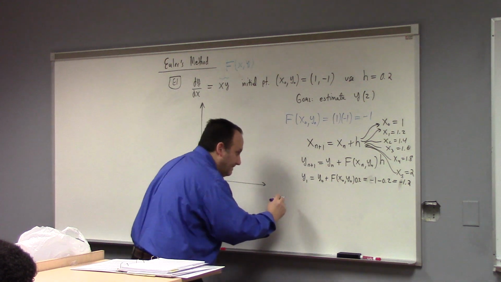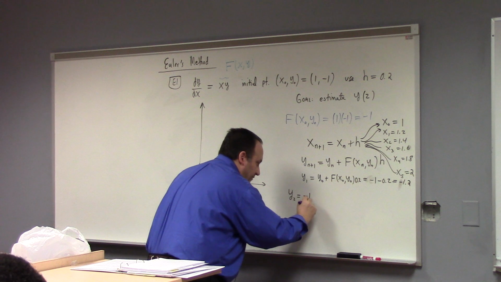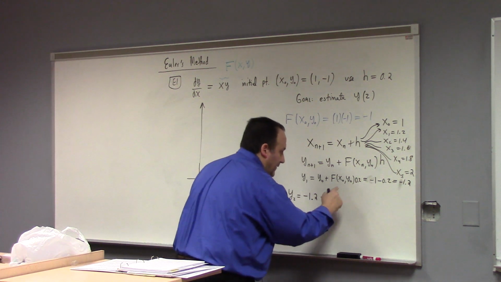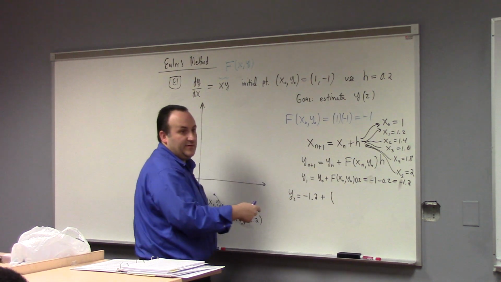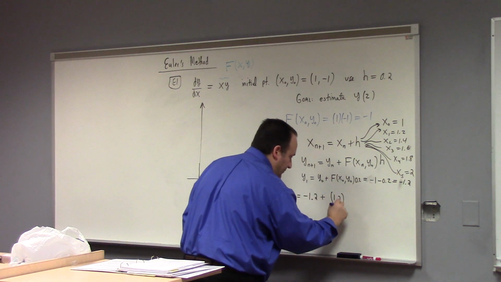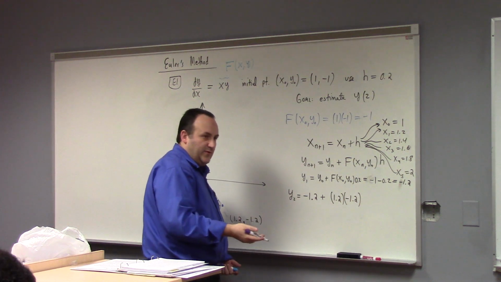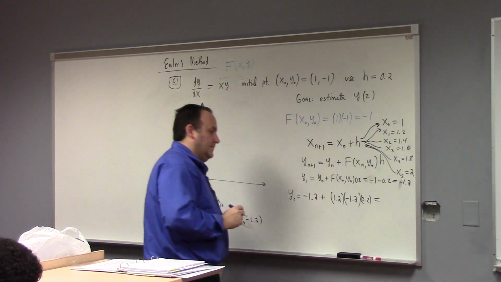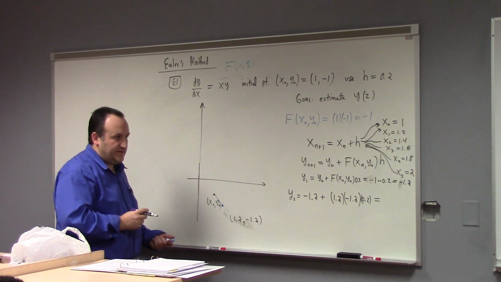What's y sub 2? It would be y sub 1, which is minus 1.2, plus, what is my f of x, y? So now I'm supposed to do f of x1, y1. What would that be? x1 was 1.2. y1 was minus 1.2. And my h is still 0.2. So that is 1.44 times 0.2, which is